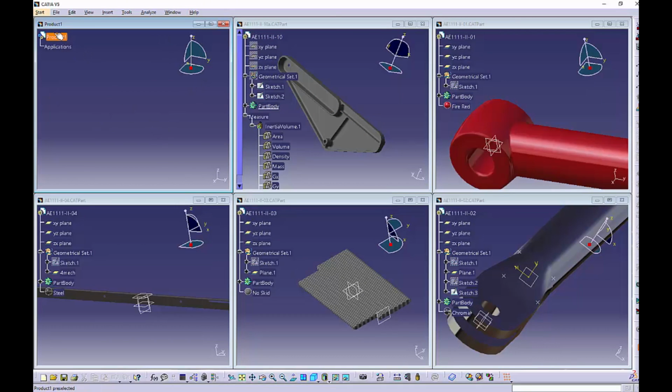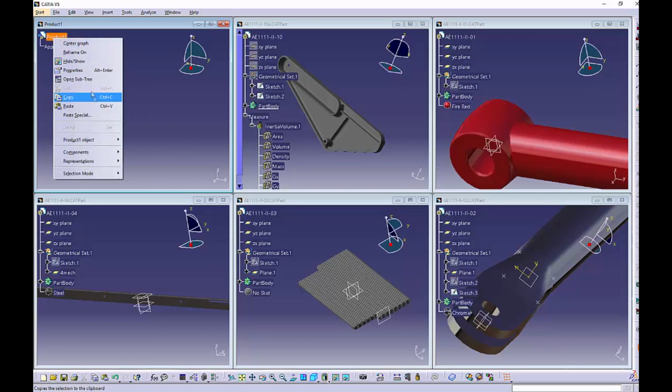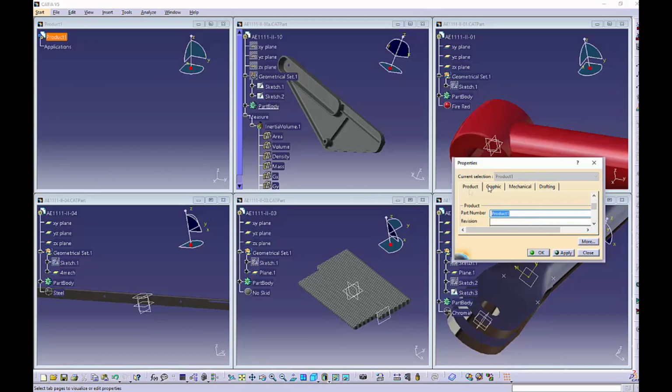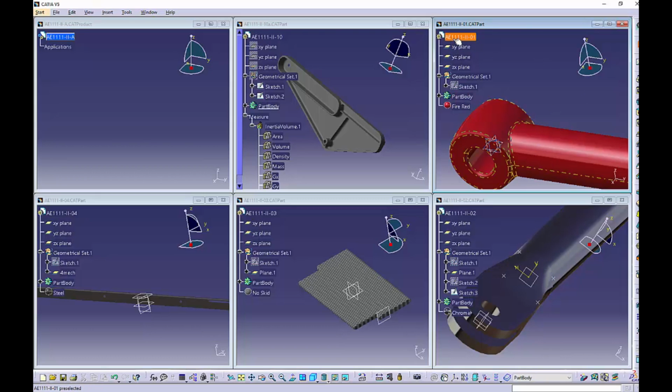And first we rename our product. Right click on it, and then Properties, under Product, scroll down to Part Number and we call it AE111 2A. Apply and OK. So now we want to make our actuator base. So these 2 parts we want to fit together. This works like we just drag our